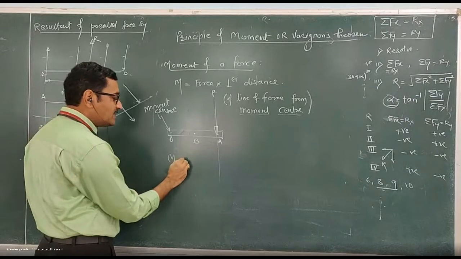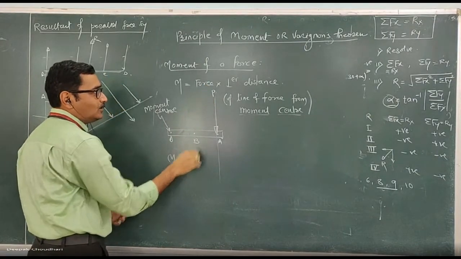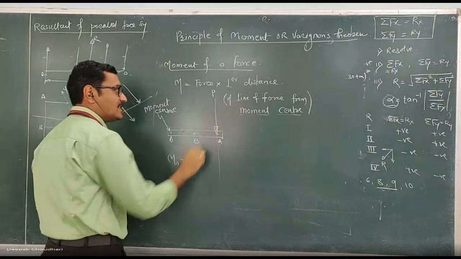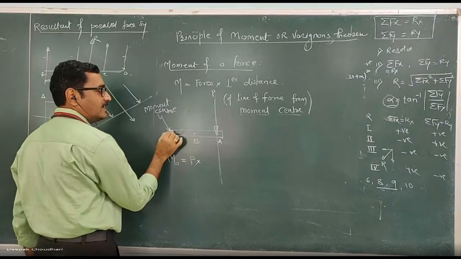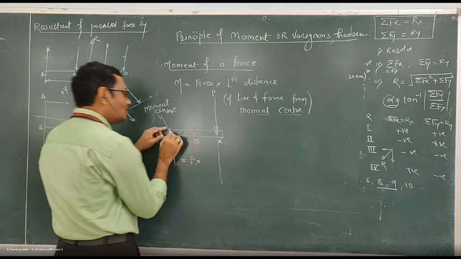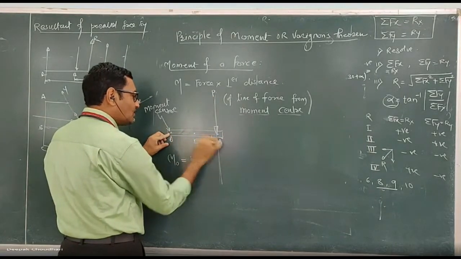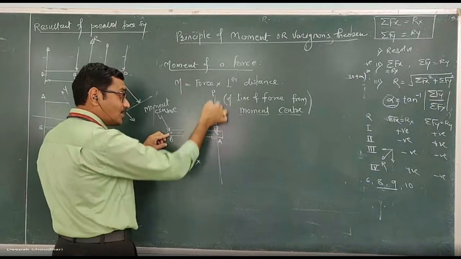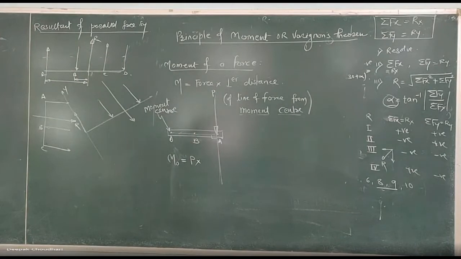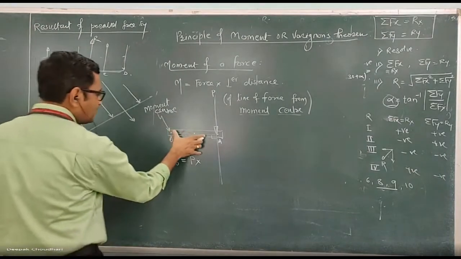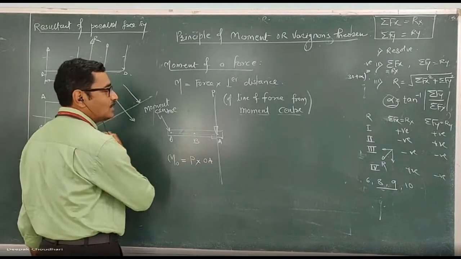which is given by the product of force. So force is P into perpendicular distance. Which perpendicular distance? It is the perpendicular distance of the line of action of the force from the moment center. ये moment center है अभी. Here, to get the perpendicular distance, you have to drop a perpendicular on the line of action of the force from the moment center. So this becomes its perpendicular distance. Shortest distance of this line from O. Perpendicular distance is nothing but the shortest distance of that line from O. So this distance I want. I am writing here OA. So this P into distance OA gives you the moment of the force.